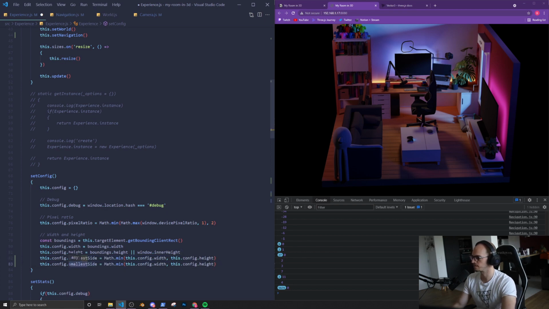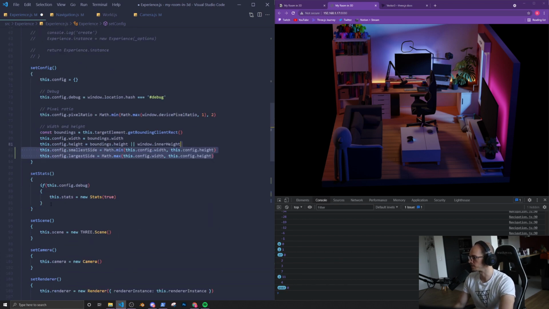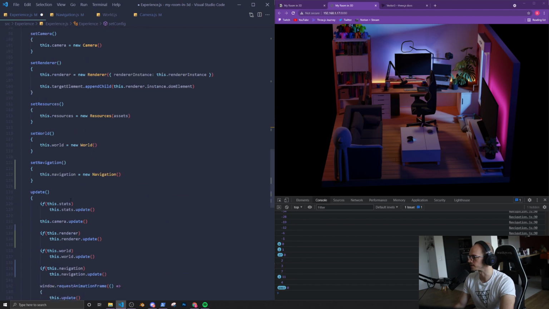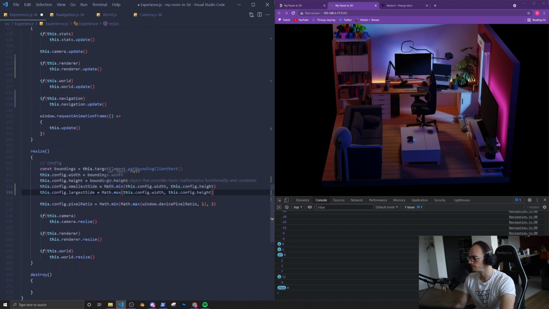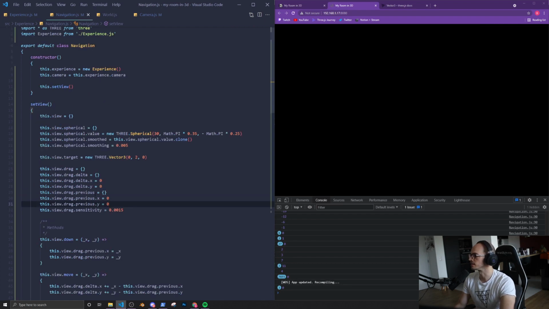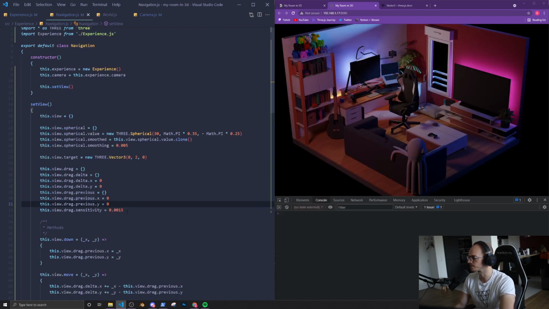Biggest side, largest, biggest, largest, let's use largest. Max, don't forget to update that when there is a resize. Where is the resize? There. Like that. And then in the, sorry, navigation,